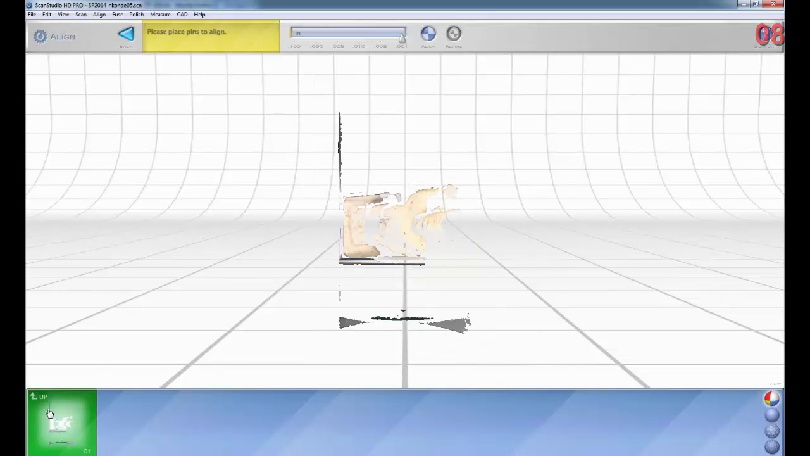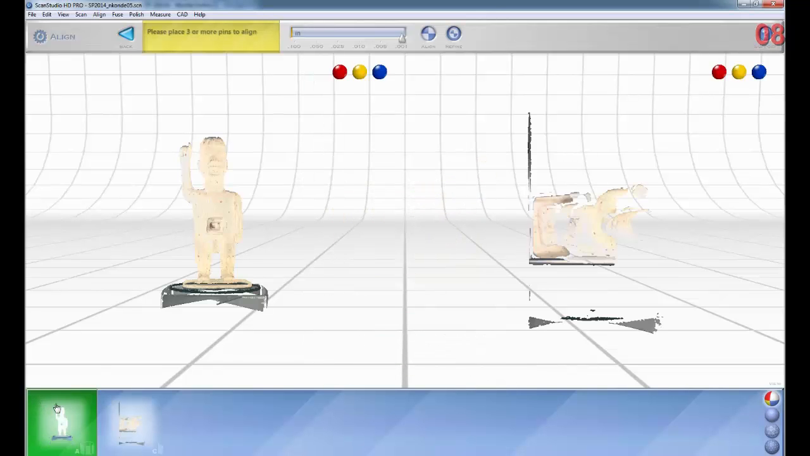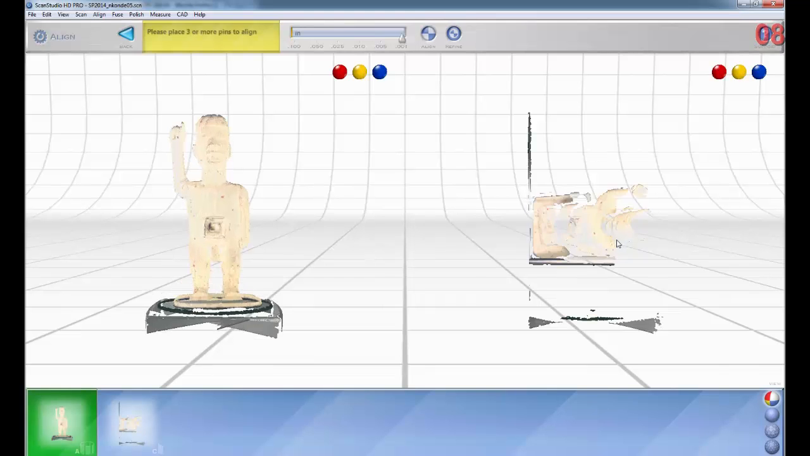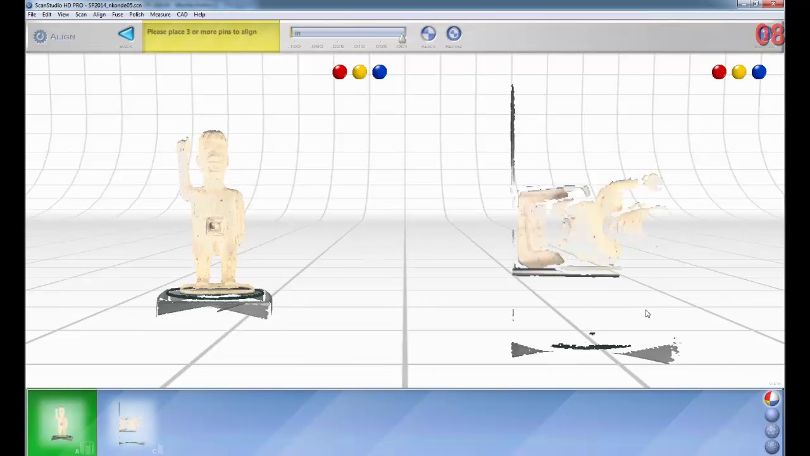Right, and let me go up here. And I have to look at these two. I want to align these two families. Now what I'm going to do,